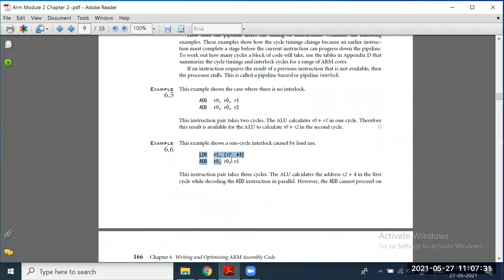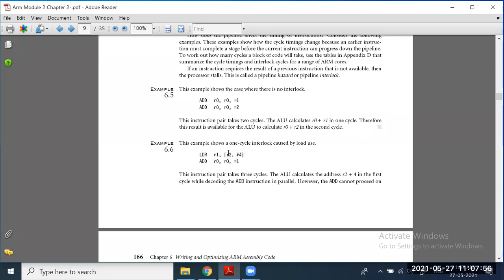If I ask how many clock cycles this takes, with two instructions you might say 2 clock cycles. No, that is not the case. See here, there is a bracket. What is this bracket all about? It refers to the R2 content. R2 has some value, and 4 gets added to it.